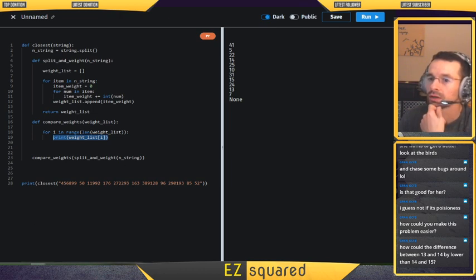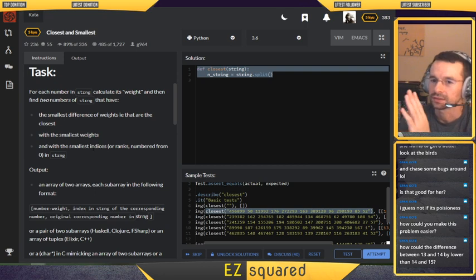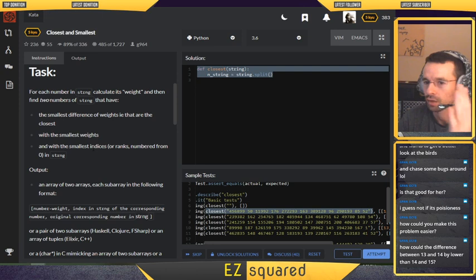I wonder how it handles the same weights. Does it say the smallest difference of weights that are the closest with the smallest weights? So that's how I'll have to handle that. 13 and 14 is going to be less than 14 and 15 because they're smaller weights with the smallest indices, or ranks numbered from 0 in string. So it's the smallest difference among the smallest numbers, and if that's still tied, then it's the first numbers to appear